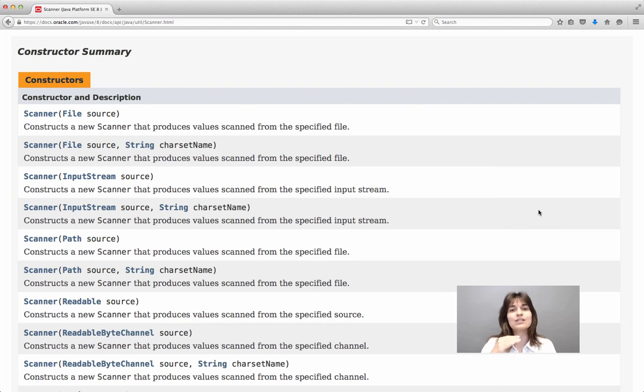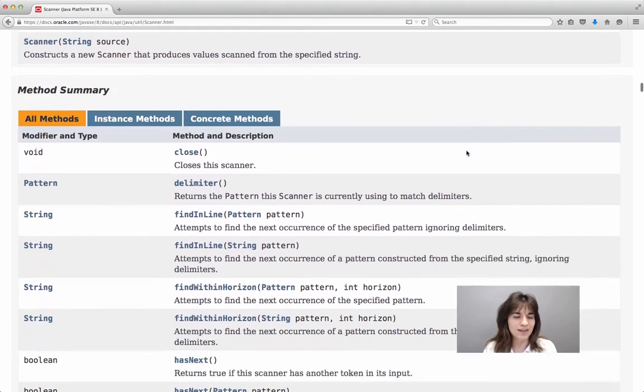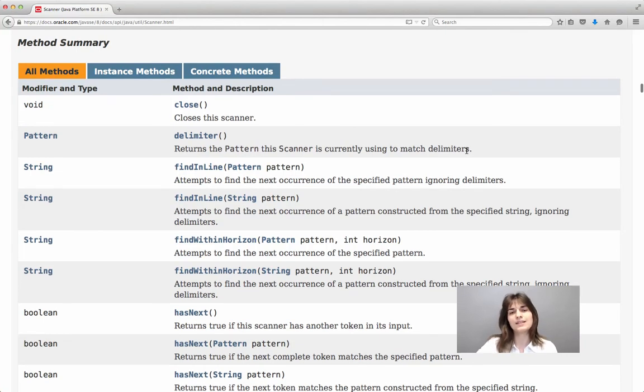Then you will see a list of constructors, which we will say what they are. What I would like you to notice at this point is that all of the constructors that you see have the same name as the class, and they differ on what is inside the parentheses. And this is good enough for now. And after the list of constructors, always in the API of the class, you will have the list of methods. What can we invoke through that Scanner variable?